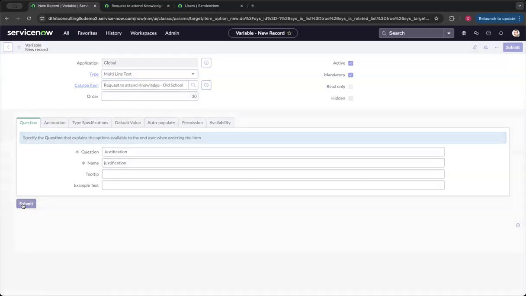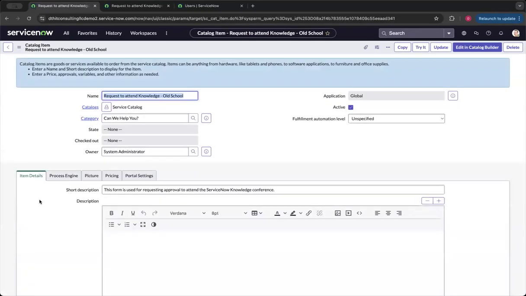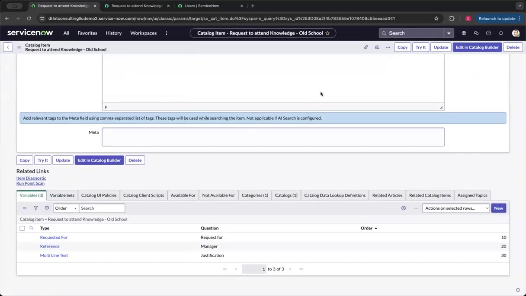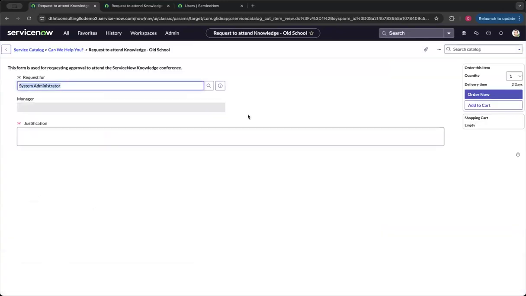All right, so we have our 3 fields, right? Very simplified, very easy, right? We have, again, just for goodness sake, to tell everybody who's his manager, right? And this is a test, right? So that is our information that we want on our form for now. Didn't want to spend a lot of time on the fields just yet. In the next one I will come back and do a lot of field validations and client scripts, but